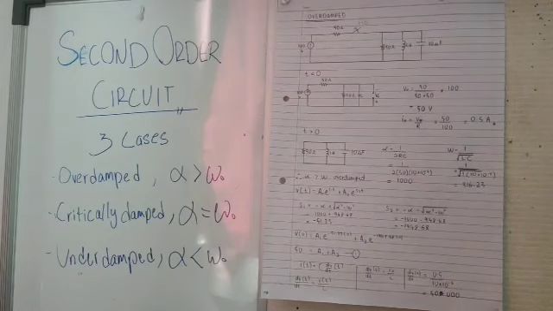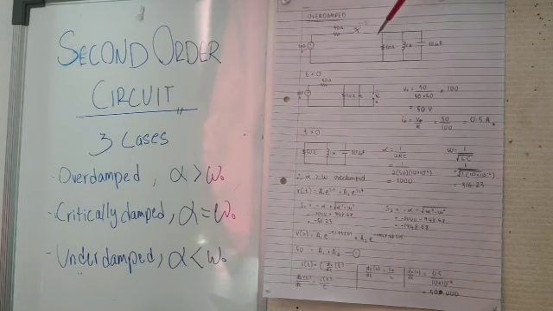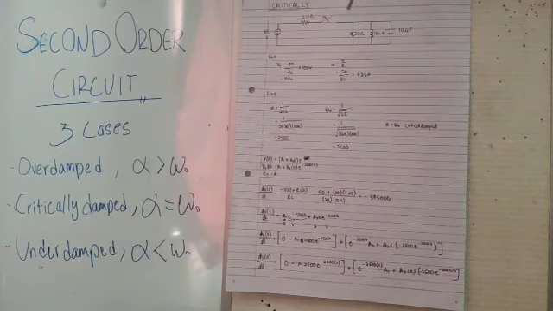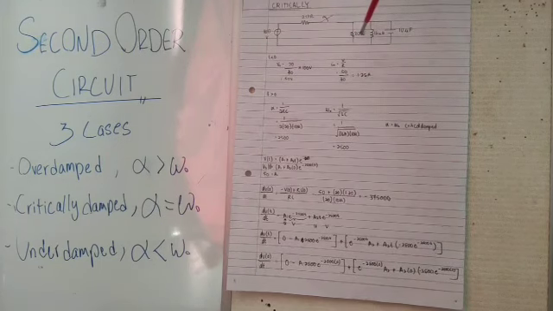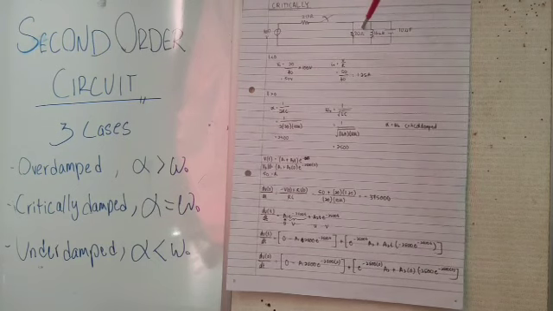So this is one example of overdamped case. And this is a free source parallel RLC circuit. We need to know that when we get the parallel circuit, we need to find the VT of the circuit, and if we get the series circuit, we need to find the IT of the circuit.